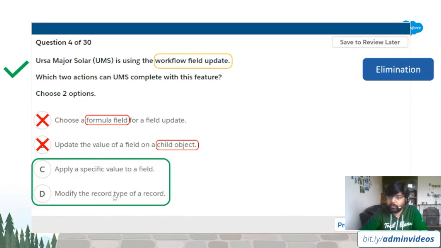So anytime you want to update the record type of a record, you can do a field update as well. It's always a standard field with the API name record type ID, and you can update it. Once you update it, it will update the record type. And this is very helpful when we do those kind of scenario when you want to make the record as